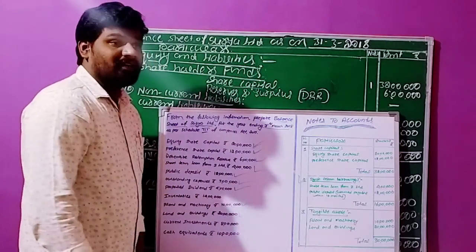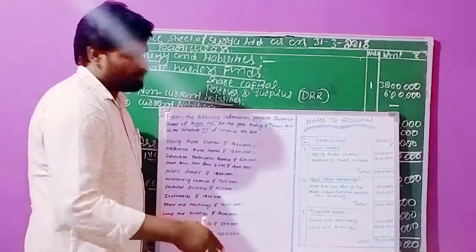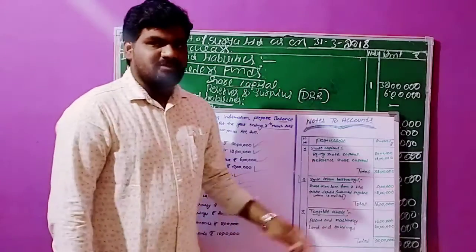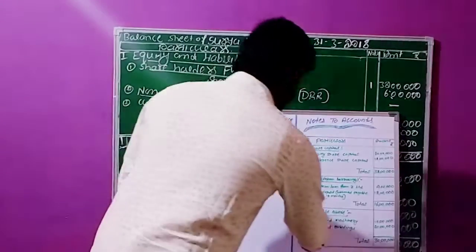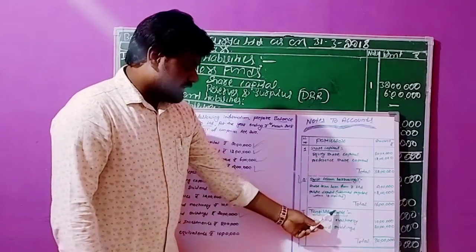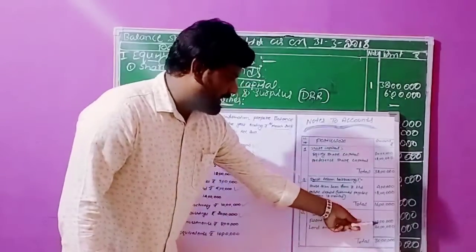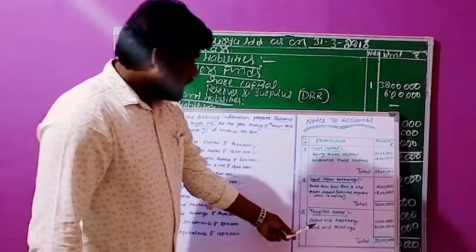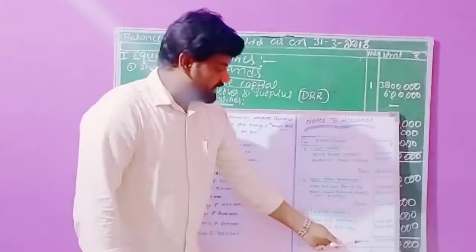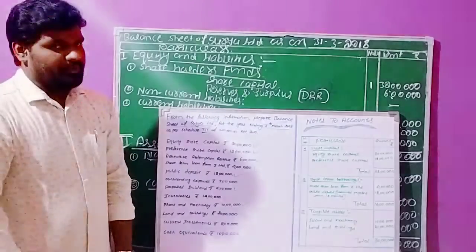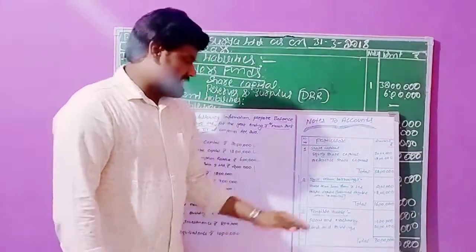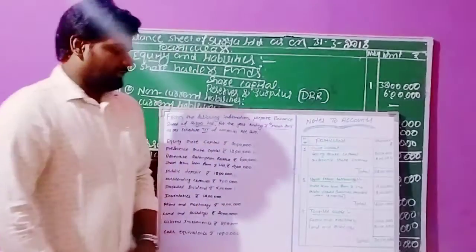Those assets are easily transferable from one person to another person. So there are two transactions related to tangible assets. Now we need to apply a third working note. In this third working note it shows plant and machinery value 10 lakhs rupees and land and buildings 20 lakhs. The total balance of tangible assets is 30 lakhs rupees. These 30 lakhs we can call total tangible assets. This is working note number 3.